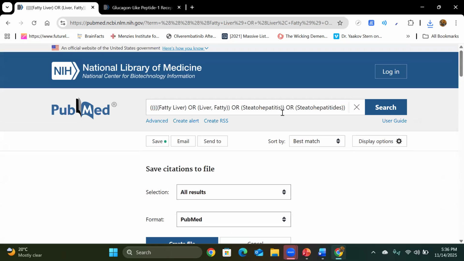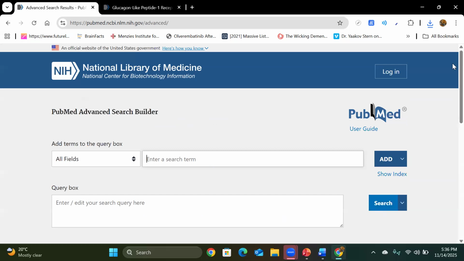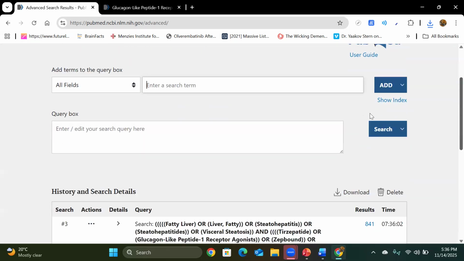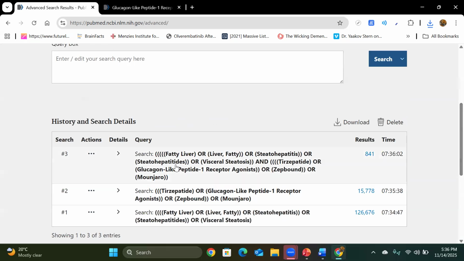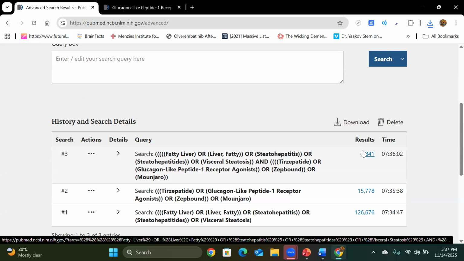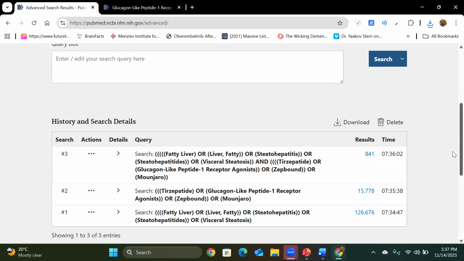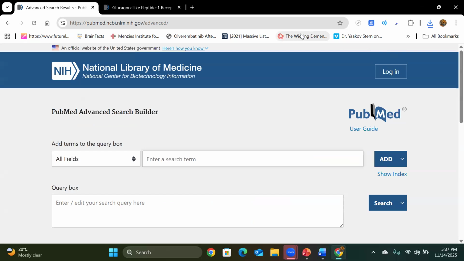So this is how you are going to make your search strategy. You will add first the population group, then search it, and then you will add the intervention group, and then search it, all the variables related to that, and then make one query combining both of them, and you can see here that it is automatically updating it. This will also help you when you make your PRISMA diagram. You have to keep count of these things, that I got 841 results when I did a PubMed search. All of you will do it separately, and you have to match how many results you are getting.